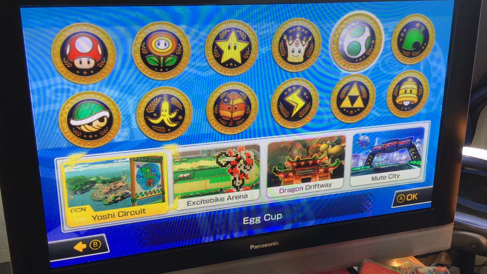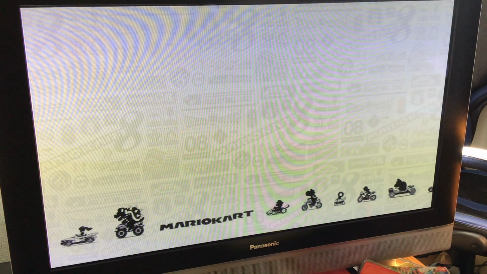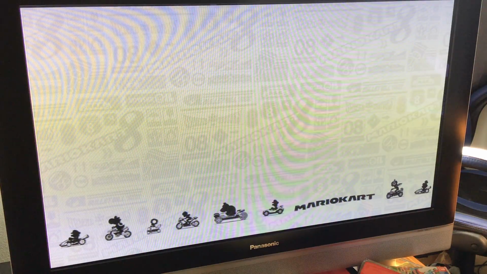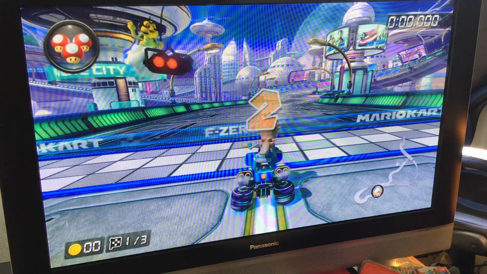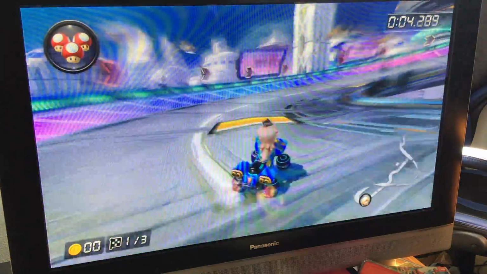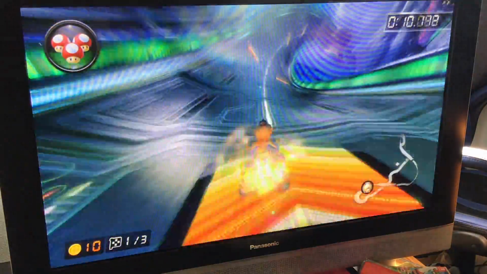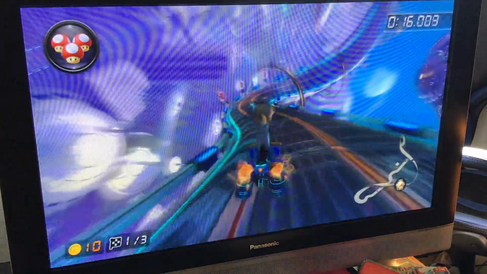Alright, moving on to the next shortcut is the Mute City shortcut. Using the shortcut is pretty interesting because it's at the end of the course, and the ending matters the most. If you're playing on time trials, I recommend going for boost panels to get max coins, and then go for the